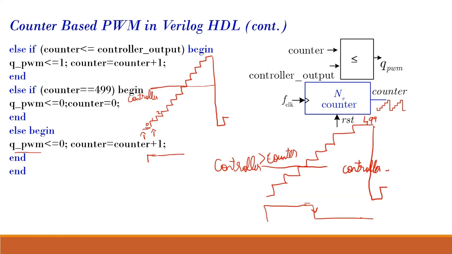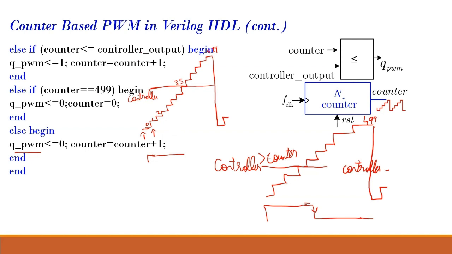Then at this condition, ignore this for the time being. The counter has not yet reached 499. Assume the counter is at 35. Till then, it just keeps the value 1. Now it reaches the value 35. Now, when it reaches the value 35, what happens is